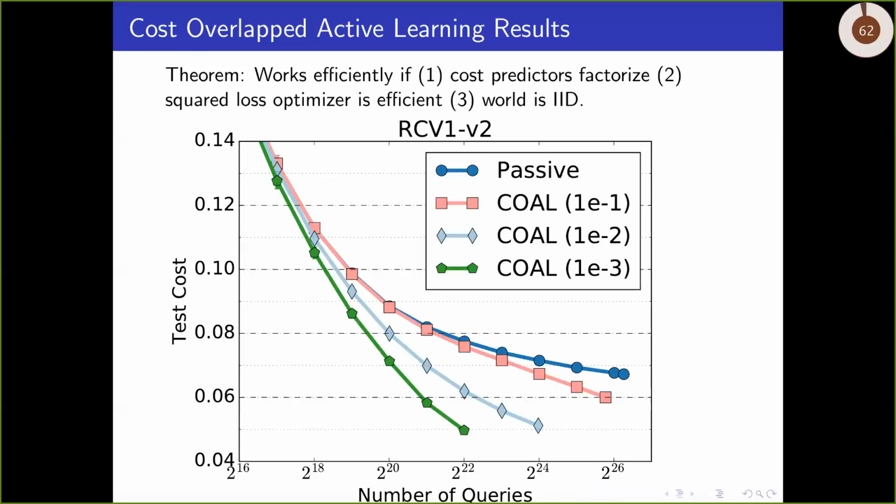And then you can take something like the RCV1 V2 data set. Are you familiar with this data set? No. RCV1 is an old NLP data set. There's a hierarchy over 104 or something like that classes. You use the cost as the hierarchy distance. And then you try to learn, and you have some tests that you evaluate on. Now the funny thing is that you see very strongly here that we're actually doing better than the passive learner.